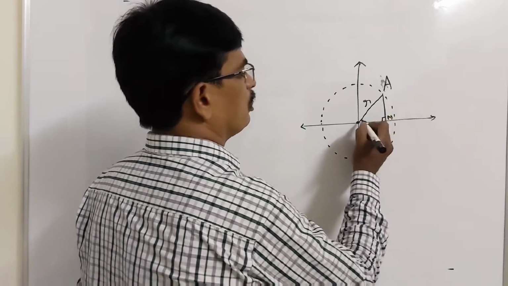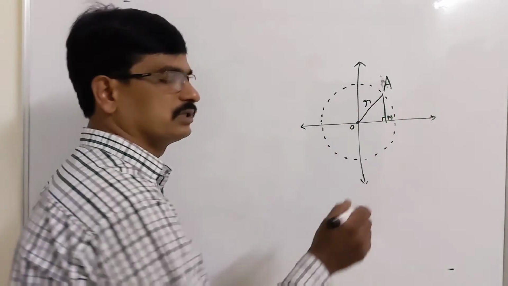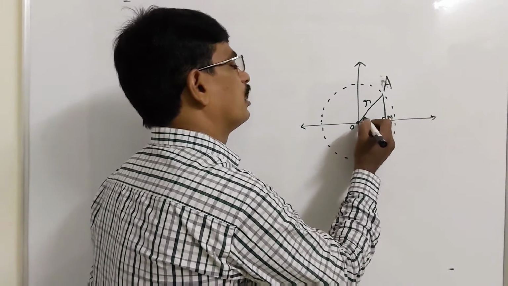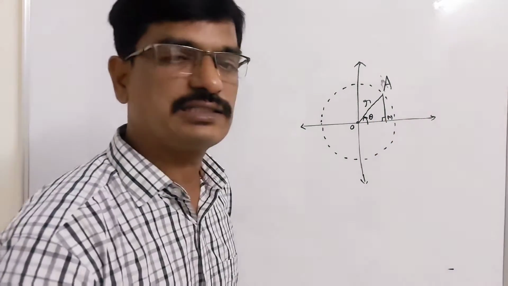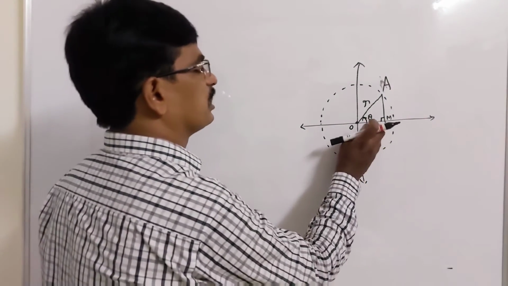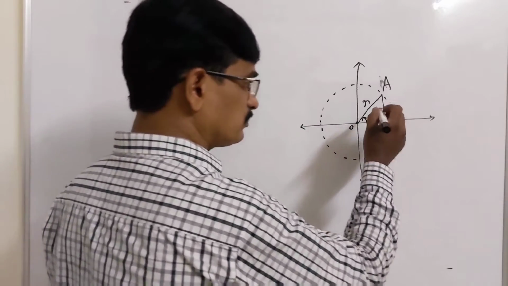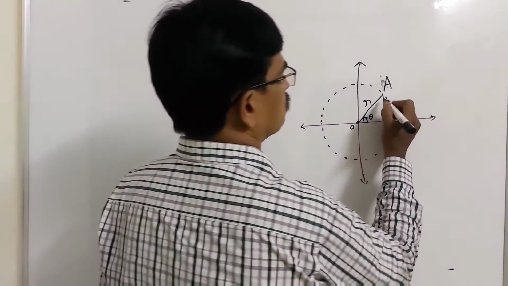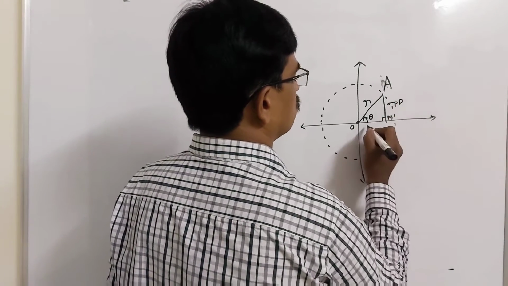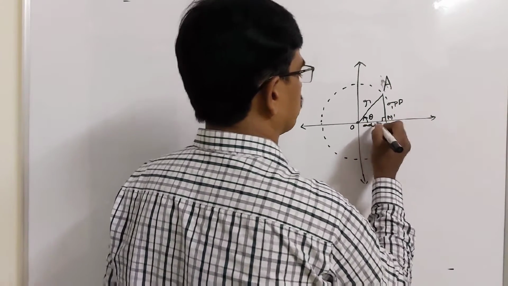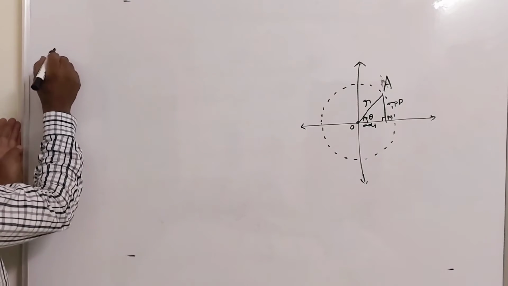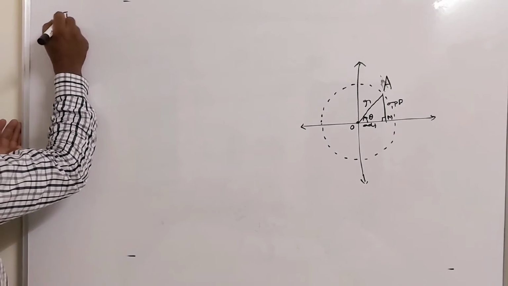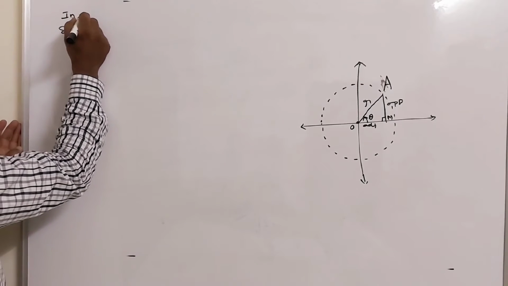Okay. Now OA is a terminal side making an angle with the x-axis in the positive direction, which is theta. Okay. Now we are going to find out the 6 trigonometric ratios here. So AM is the opposite side, OM is the adjacent side. Okay. Now from the figure, in triangle OAM,